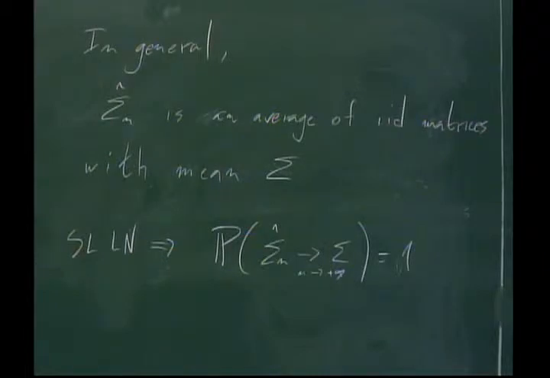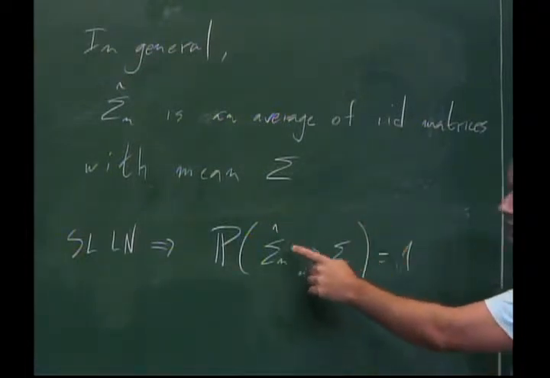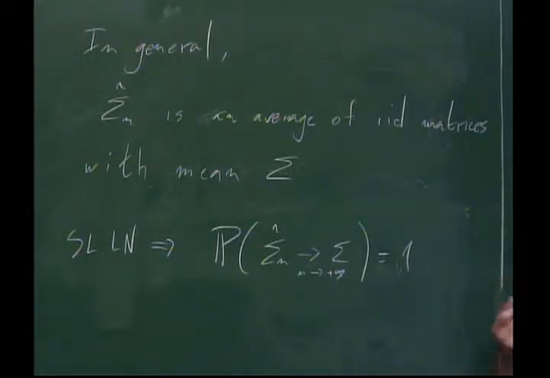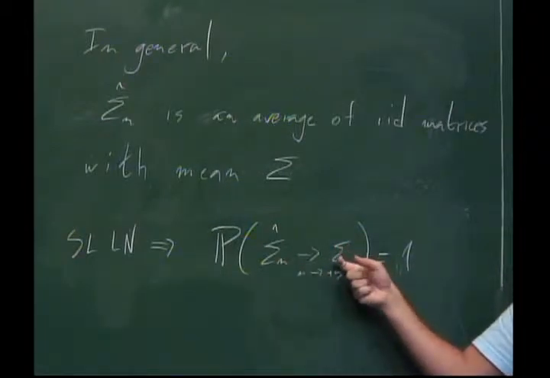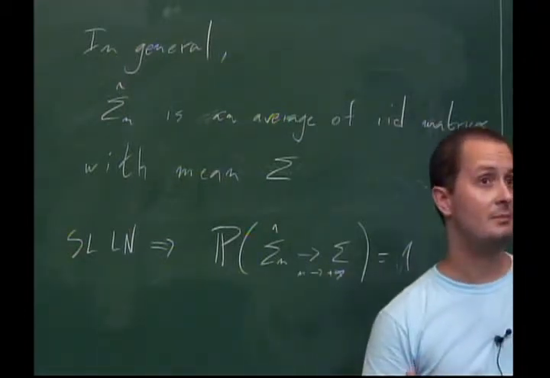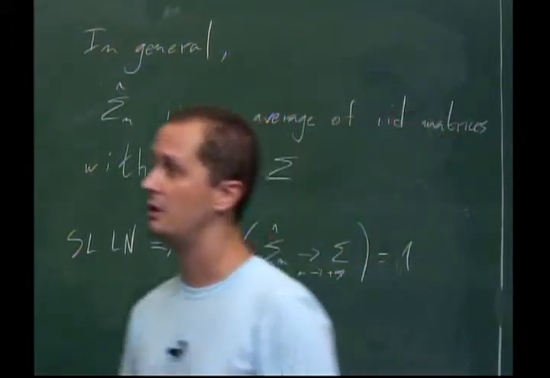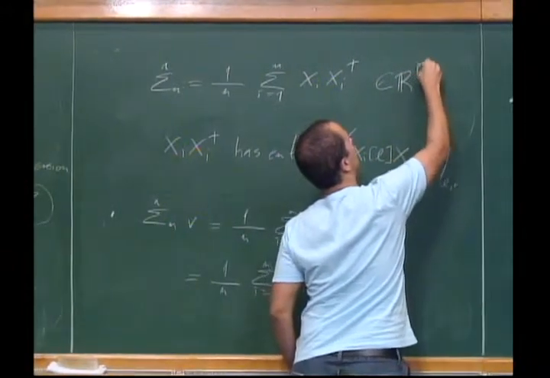What do I mean by this, right? There are many possible senses you can give to this thing here. One is just to say that if you look at any entry, well, you fix two numbers, say 1 and 7. Does entry 1, 7 of this matrix converge to entry 1, 7 of this matrix? The answer is yes. And that holds for 1, 7, 1, 1, 2, 3, 4, 11, or whichever two entries you prefer. Right? So now the space of p by p matrices, which is where we are, sometimes we write it like this.